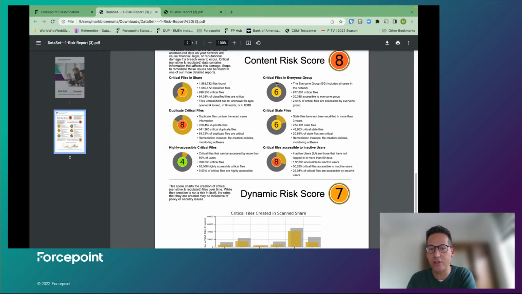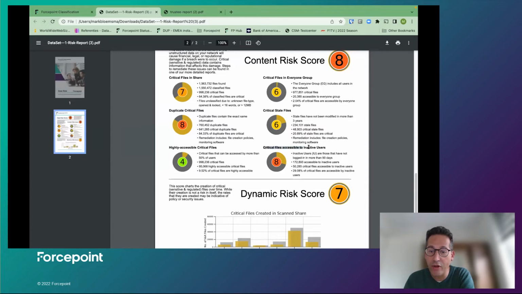And in this case, the things that are contributing to this overall risk score are critical files that are in the everyone group. So apparently there are quite a few files that are accessible by everybody. That's 20,000 files in this example out of close to 1 million. And having access for everyone is, of course, a risky thing, because if there are critical files in there, they should not be accessible by the group everyone.